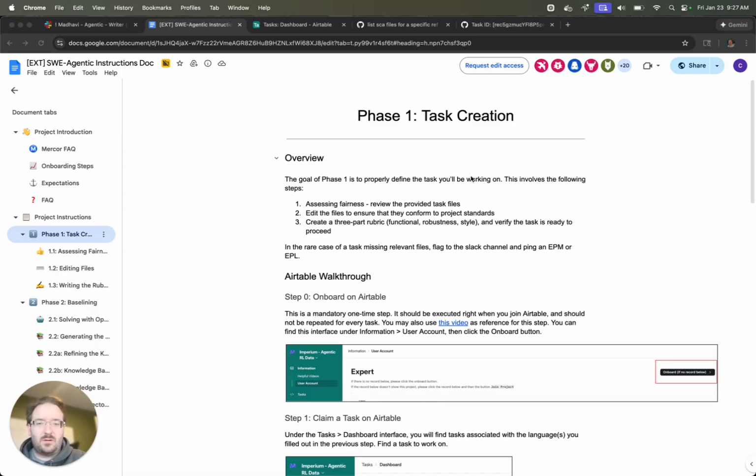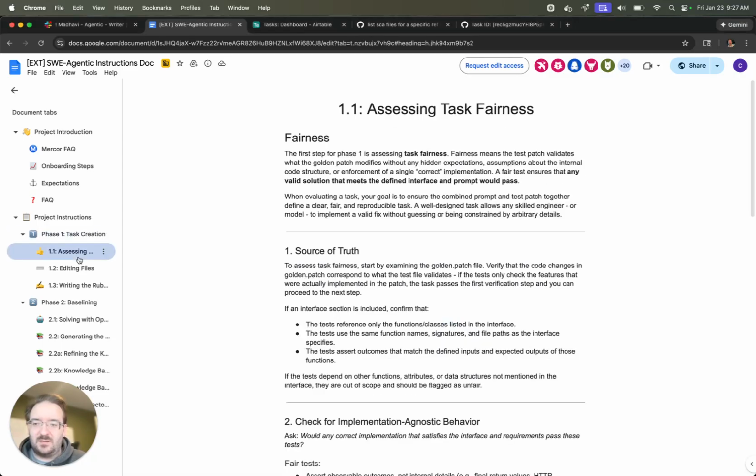And this is the part where you're effectively looking at a pull request in GitHub and you're deciding, is it fair for the agent to check out? And what that really means is you're going to look at some of these metadata files that we've talked about. There's an interface file, there's a requirements file, there's a prompt and problem statement file, and then there is the test patch. Is the